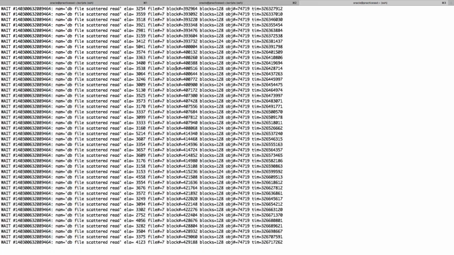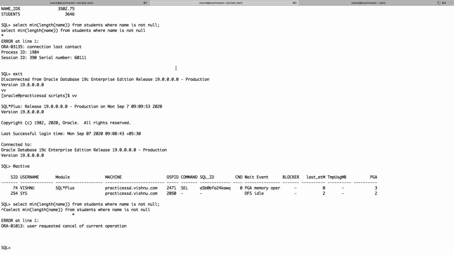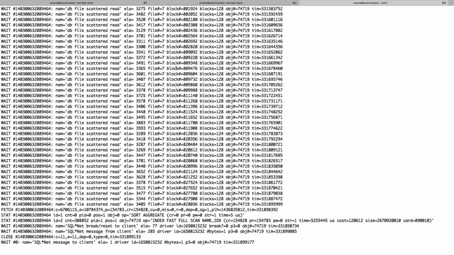Even after the statistics are up to date, when you are going with a fast full scan, Oracle will always go with fast full index scan. If the index size is less than the VLOT threshold, Oracle will always go with the scattered read. You need to be very careful, especially in environments wherein you have more index fast full scans, because